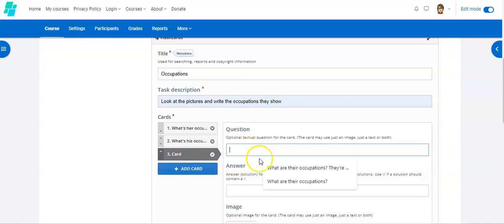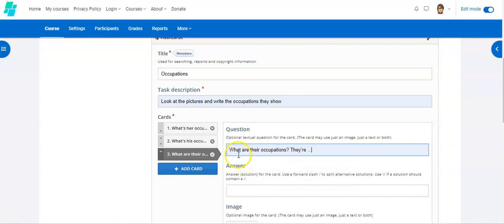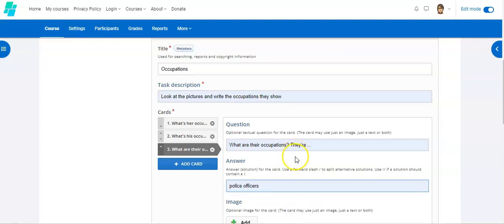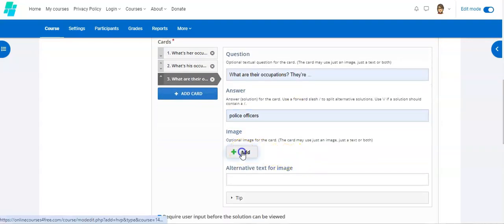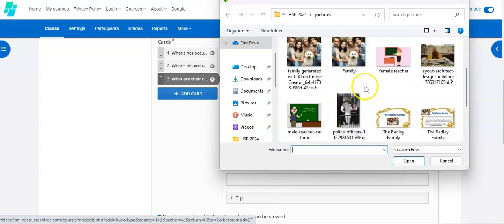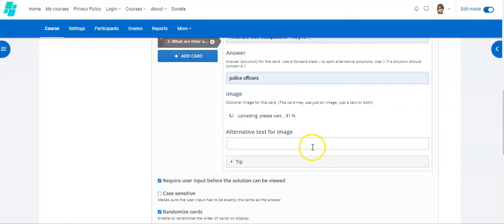And I'm going to put one that is in the plural. So I had one that was for a woman, one for a man, now for plural. And I'm going to choose some police officers. And I have these police officers. Again,